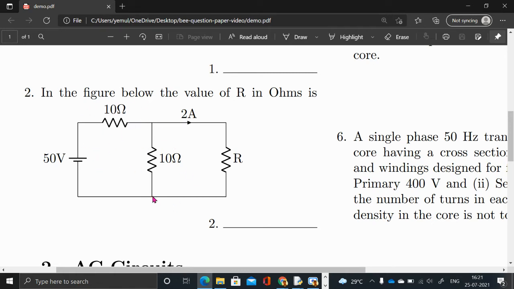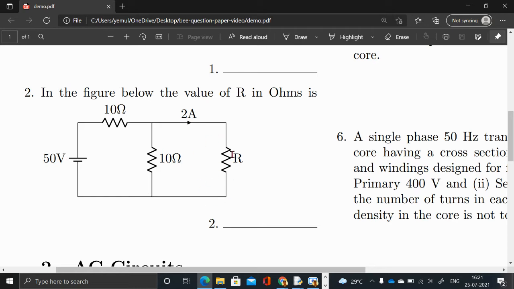From that I can calculate. In this case, 50 will become 25 volts, Thevenin's voltage, and the 10 ohms and 10 ohms in parallel will become 5 ohms. Now 25 volts with 5 ohms, how much will be the current? If I short circuit it, then 25 by 5 will be 5 amperes current.